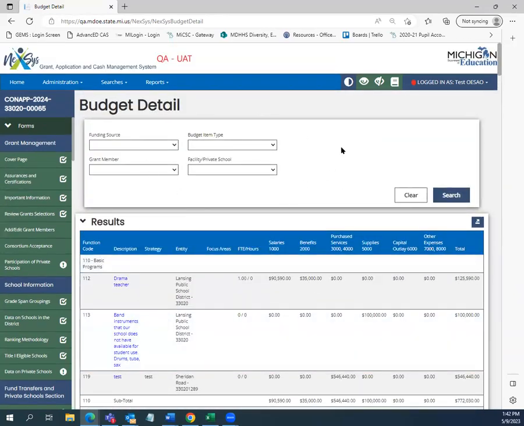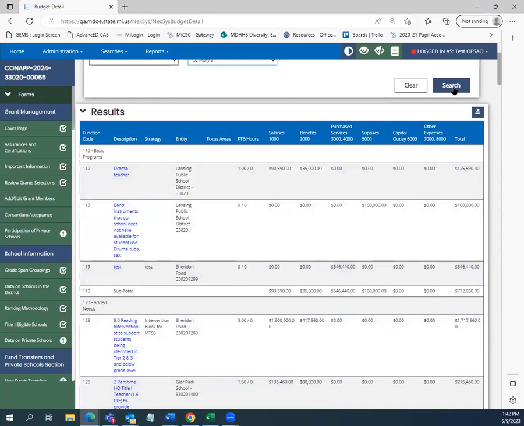Using the filters at the top can help you do some sorts across your grants and in your consolidated application. So let's look at a couple of different examples of how this feature in this form may be used. So let's filter first for a private school. You can see when I filter for St. Mary's and hit search,